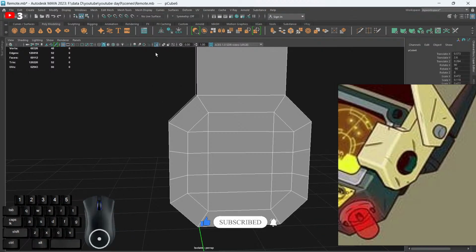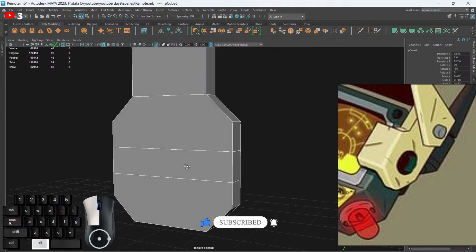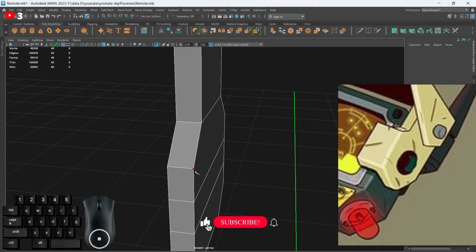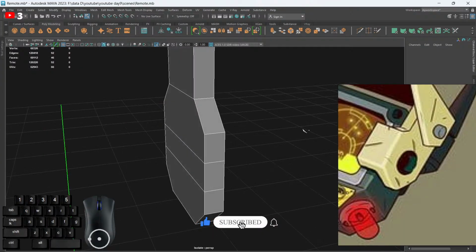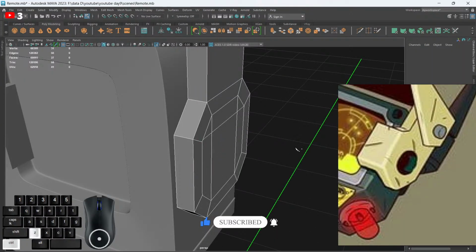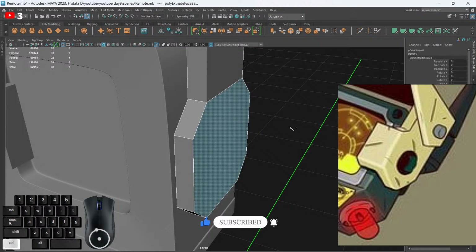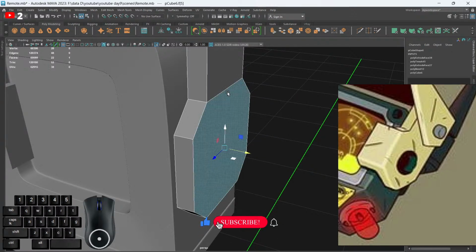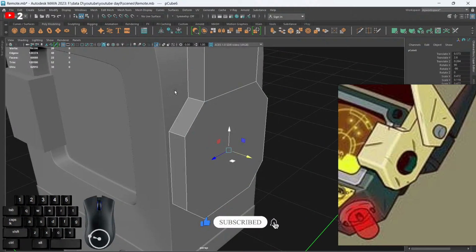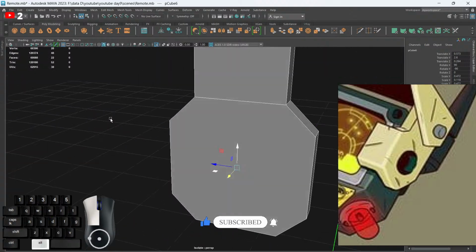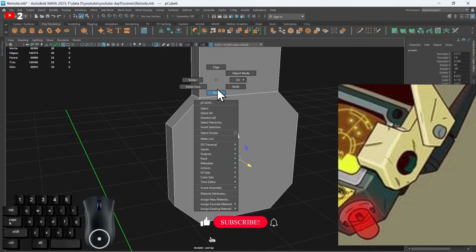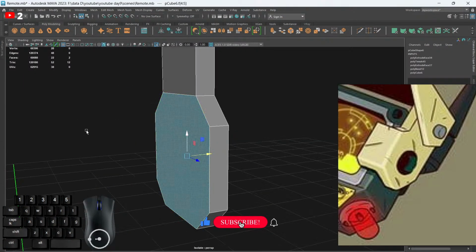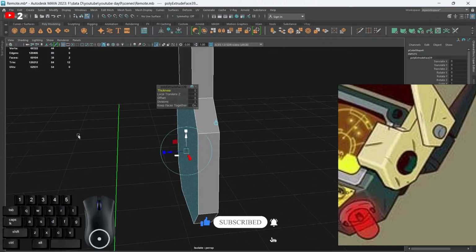So for that also we need to do the same thing behind also. So let's take this, Control Z. So we need to do that same thing behind. Like we can use booleans also, but in boolean we have to then clean up the mesh, and lots of work would be there. So we would try not use that, and Control E, offset,